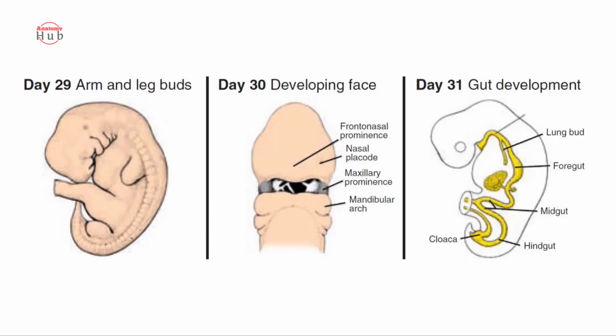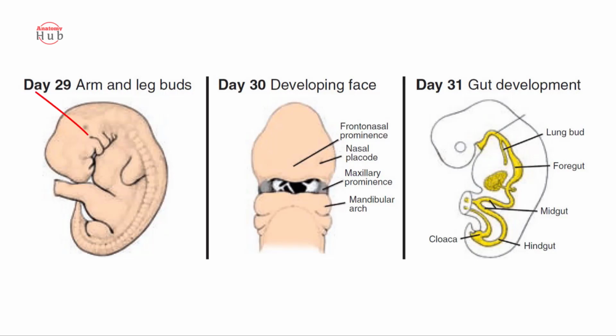Now we'll see quickly about the features of the embryonic period from the 4th week to the 8th week. The beginning of the 4th week is marked with the embryo nearly straight and having 4 to 12 somites. The neural tube is formed by the fusion of neural folds opposite the somites. At the cranial or anterior part and the caudal or posterior end, it is widely open. These are the cranial and caudal neuropores.